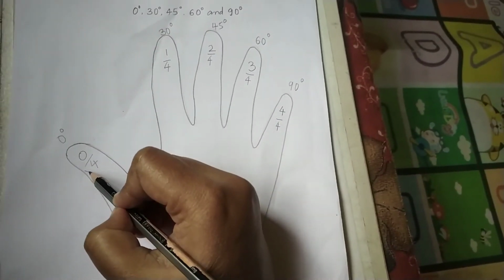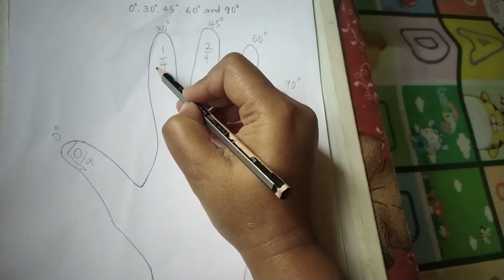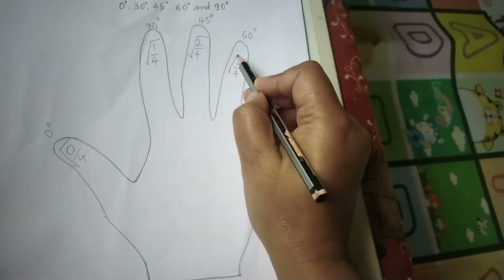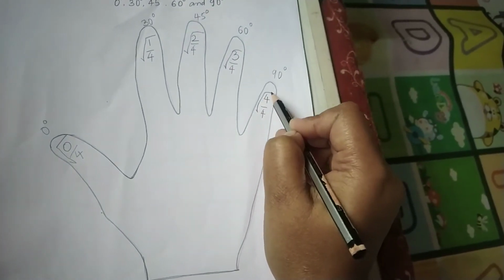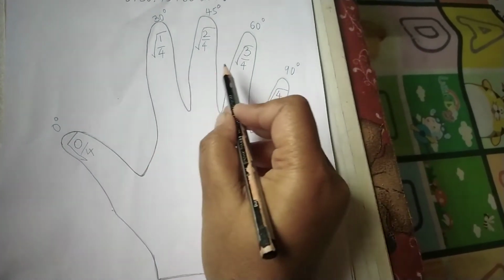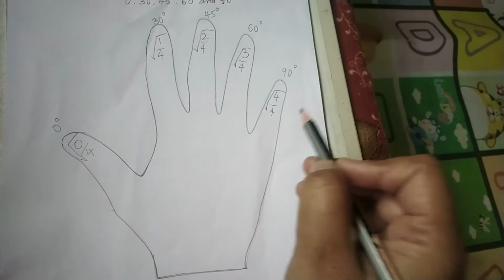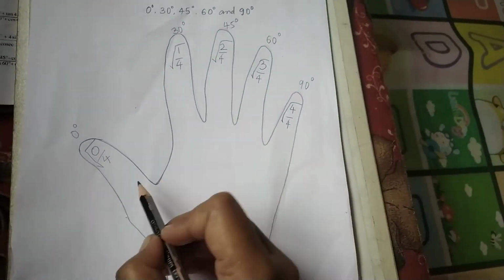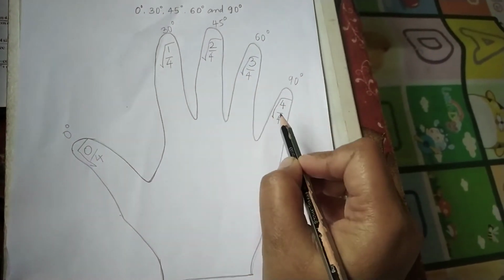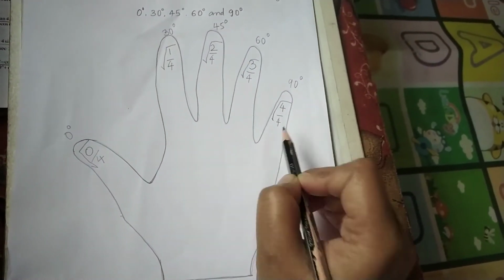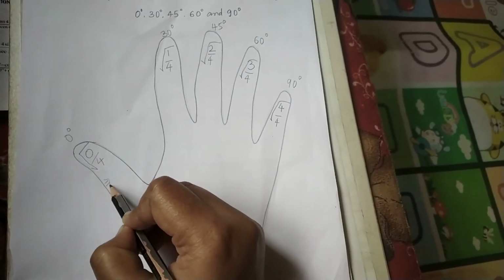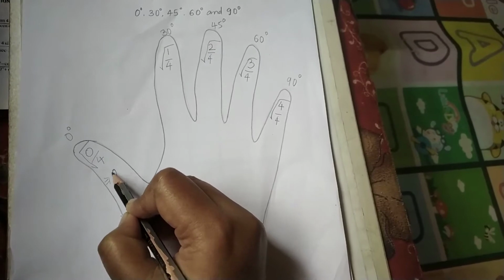Now what we have to do is just write the square root for each of the numbers. So we are writing the square root. Whatever values we get after writing the square root, that is the value for our sine: sine 0 degree, sine 30 degree, sine 45 degree, sine 60 degree and sine 90 degree. So 0 by 4 is always 0, so root of 0 by 4 also becomes 0.